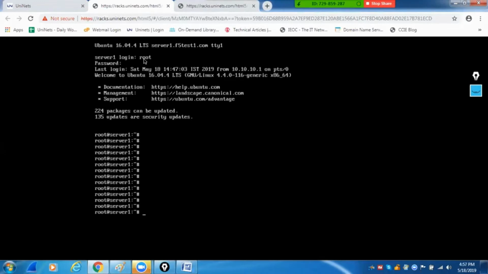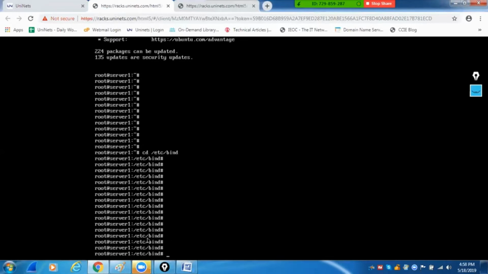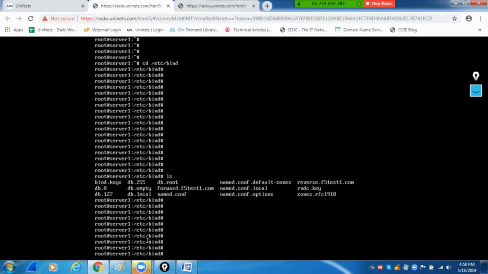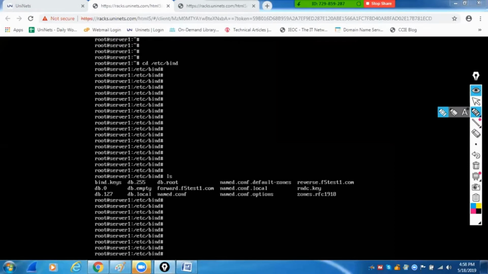So basically all your DNS files will be stored within the Linux box in the cd /etc directory and under bind. So first get onto the bind. How will you get onto the bind? Open the directory etc and then bind, and you will enter into that bind directory. And once you give ls, these are all the different files that you will use.